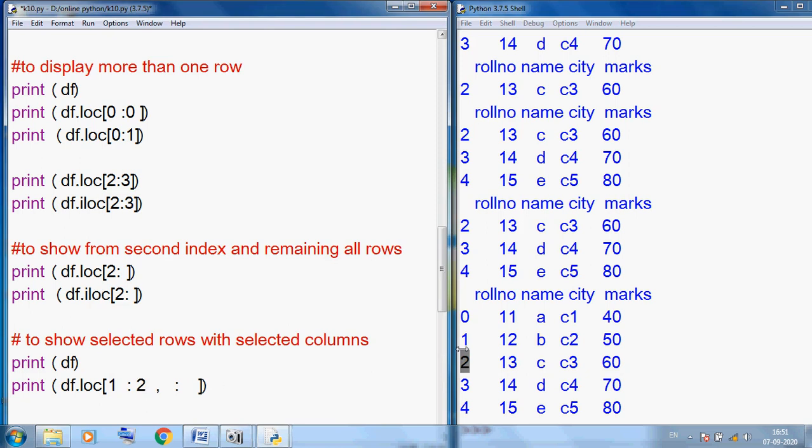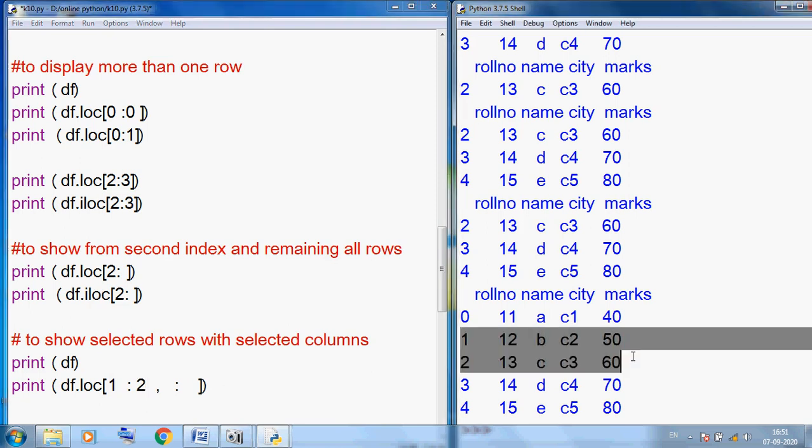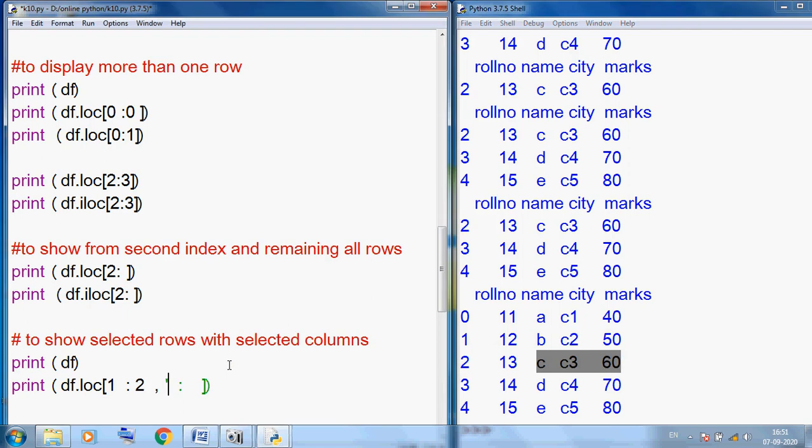First it will select the entire 2 rows. This statement shows only this output. But in this output, I want to show only this and this. So what is the column? Name to marks. So here I am using name as the start and marks as the stop.